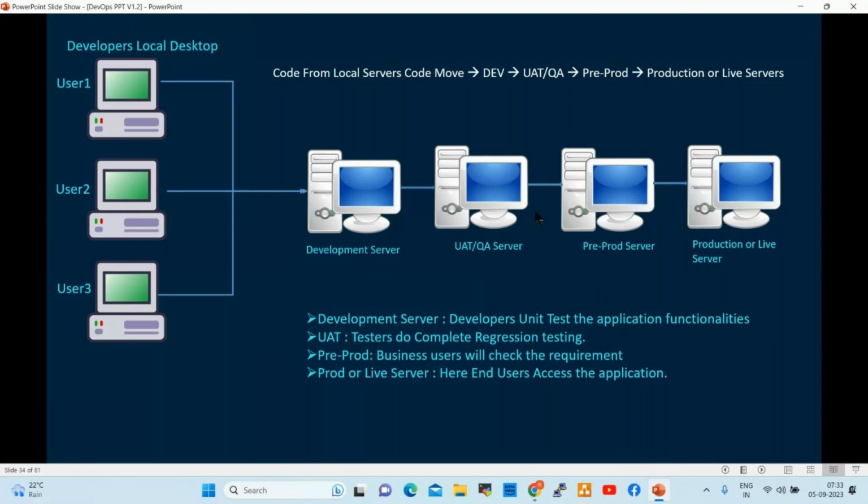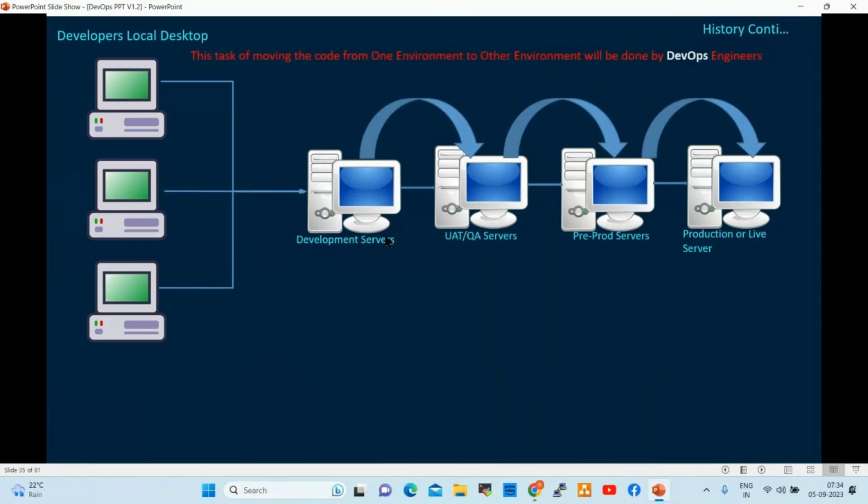But who will push the code from one environment to another environment? Developers develop the code, testers test the code, admins prepare the servers. The DevOps engineer will push the code from one environment to another. This is one of the DevOps engineer's activities. DevOps engineers will not develop any code and will not test any code. The DevOps engineer's role is to push the code. They work on automation activity, they automate the activities, and they work on tickets. These are the roles.